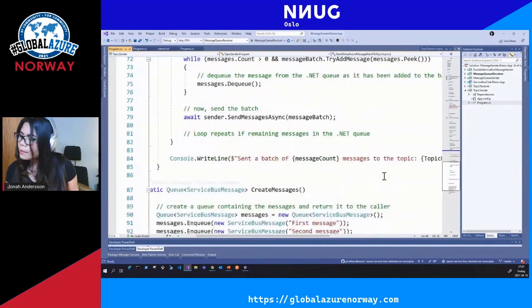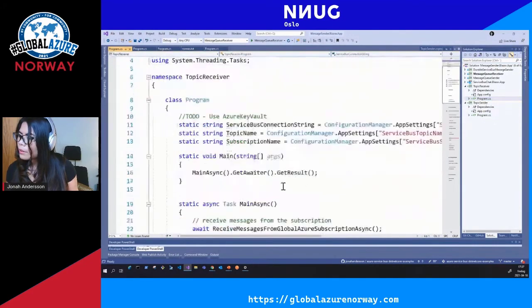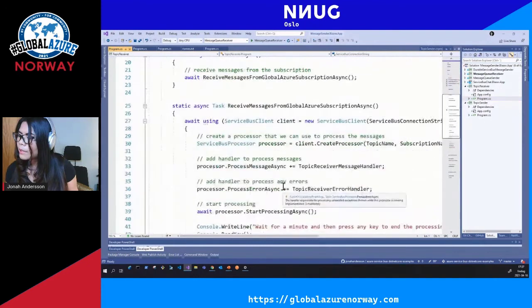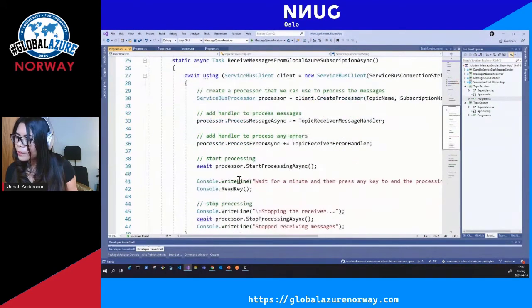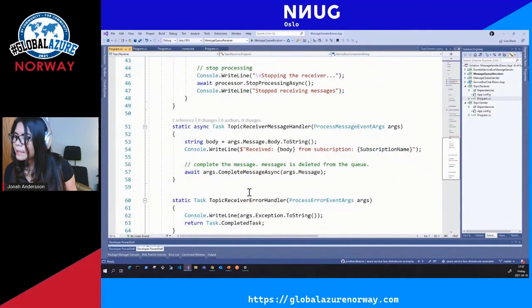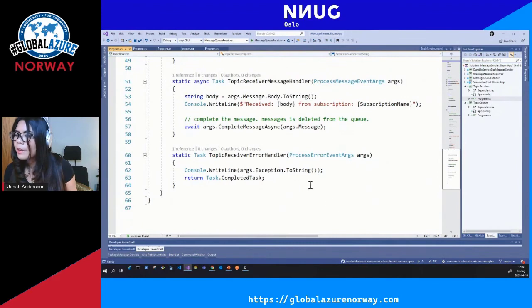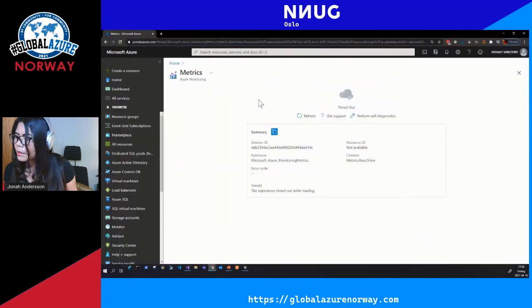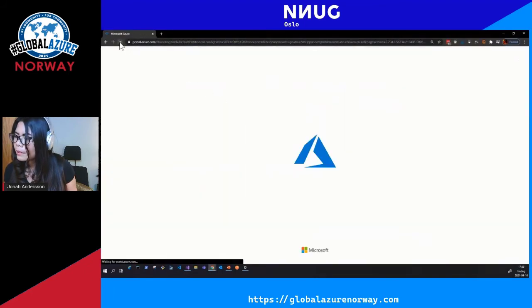And this receiver also looks like this. It has the Service Bus processor, and it also has the handler and the error handler, just like the queue. And let's see if my Azure is already working.